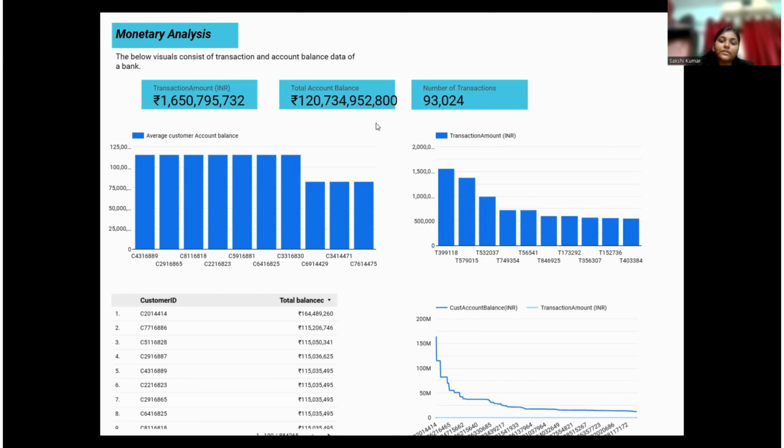The second graph is about the transaction amount. The transaction amount is again as high as 1.5 CR and as low as 5 lakhs. The other values lie between these two. The last graph talks about the customer account balance and the transaction amount, meaning that for some amount of transaction, what was the customer account balance at that point of time. Yes, so this was the monetary analysis of our project. Moving on to the second part,